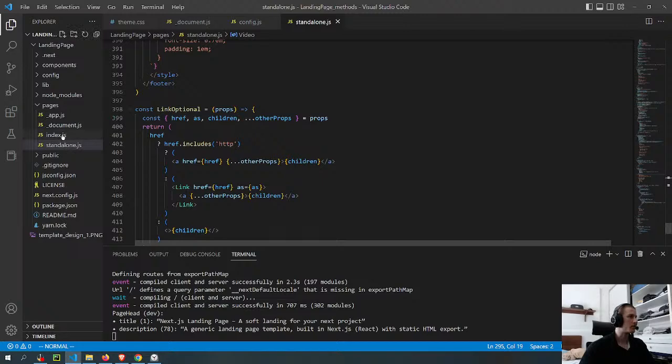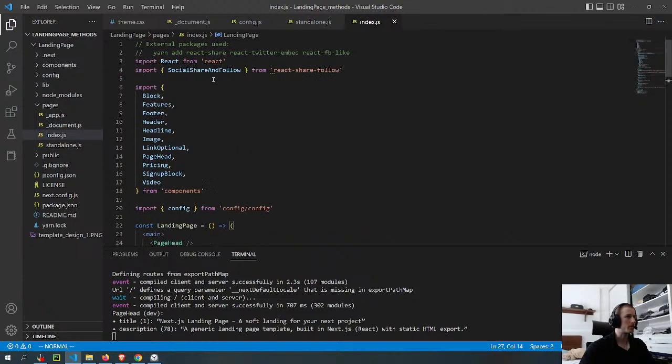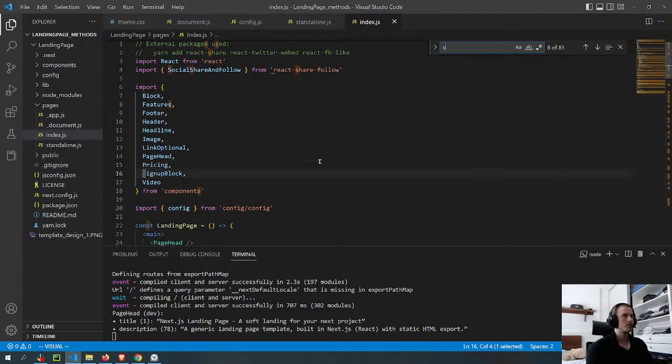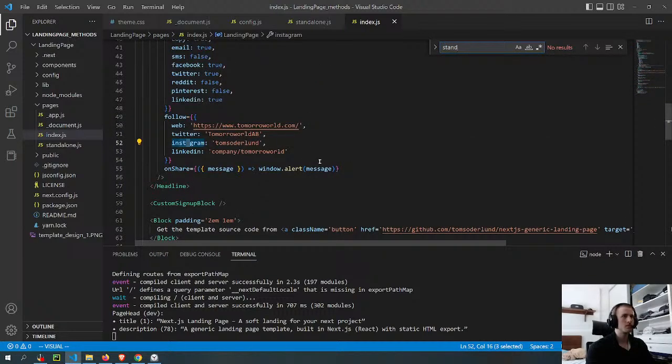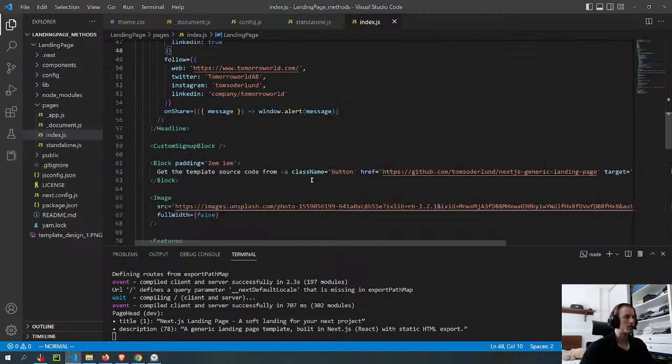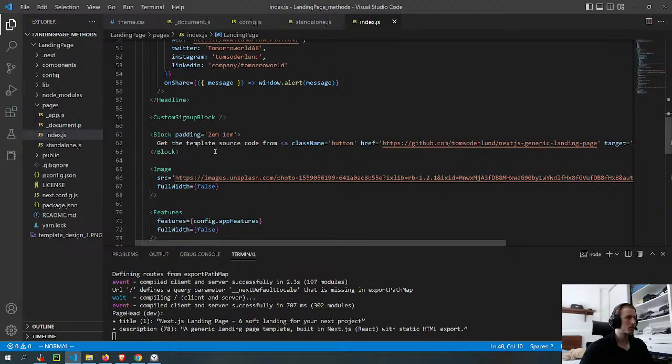So how does this standalone relate to the index file? So there isn't. There's another page, so yeah, but there should be a link here somewhere if this page is used.